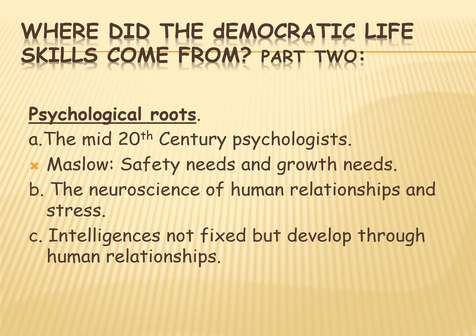So our psychologists, think back again to our theory books. When you think about Maslow, the pyramid, that very bottom layer has to do with safety and what we have in order to be well, and then what it takes to grow up that pyramid. A lot of that is related to those democratic life skills. How do I interact with others? What does self-actualization look like? And if I am not able to be okay or have a home to live in or food to put in my body, you're not going to be able to go up that pyramid.